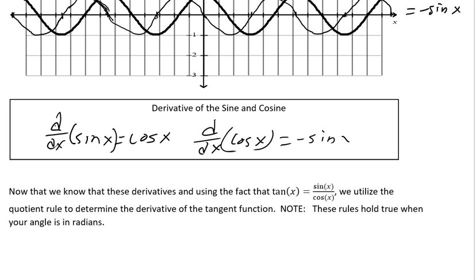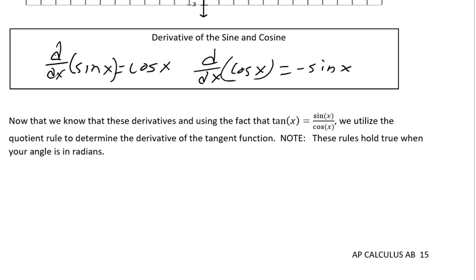Now that we know that, we can find the derivatives of all the other trig functions, because all the trig functions can be written in terms of sine and cosine. We're going to start with the tangent. The tangent, we know, is sine over cosine. And now that we know derivatives of those, and we know the quotient rule, we can determine algebraically the